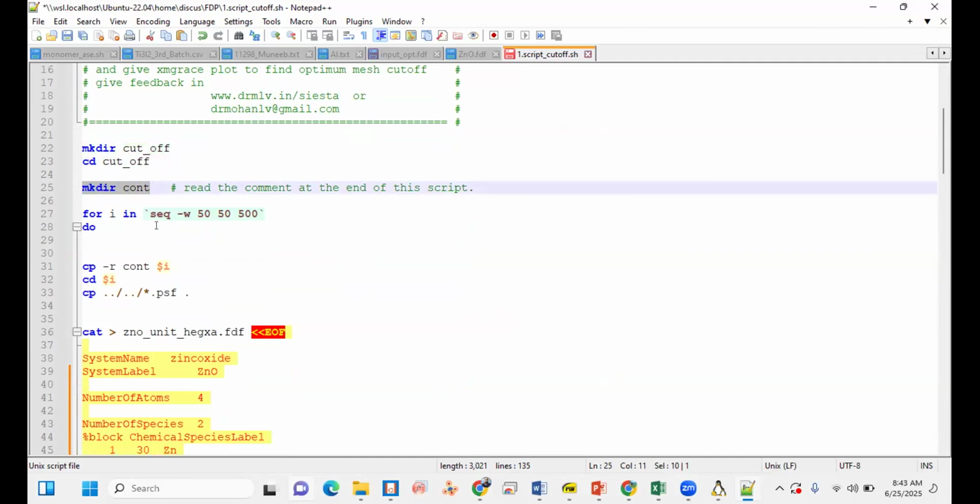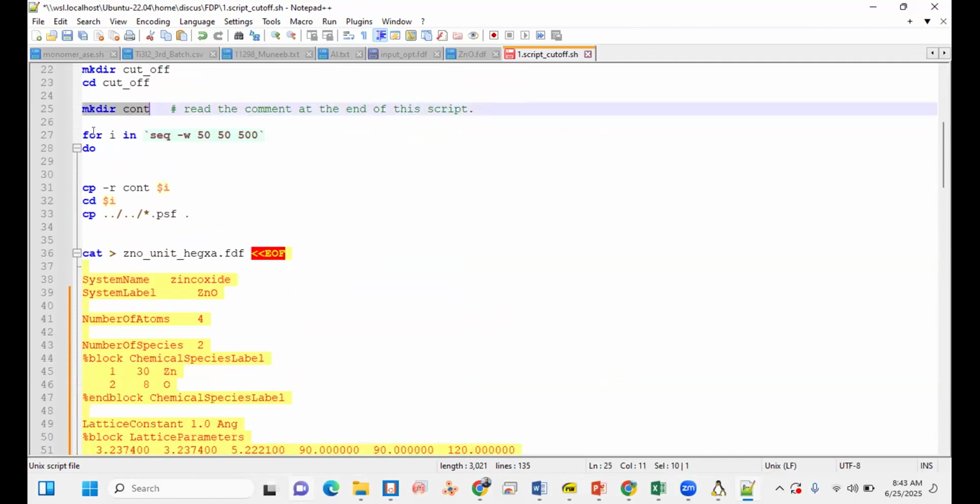mkdir means make directory. Then I use a for loop, for i in range, just like in Python. Here in a Linux bash script, we use for in sequence with the initial value, final value and the step size.